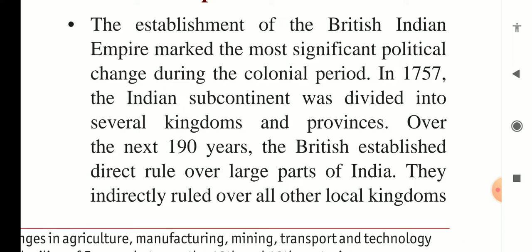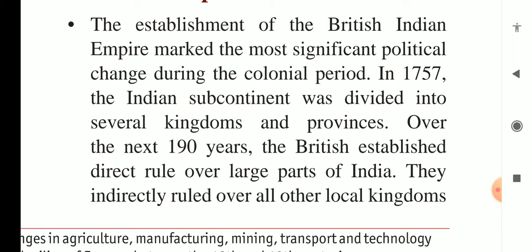Why has it stated 190 years? Because 1757 plus 190 is equal to 1947. And what happened in 1947? We got independence. So over the next 190 years, the British established direct rule over large parts of India